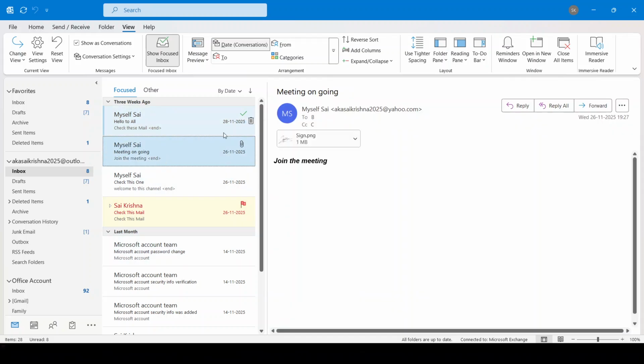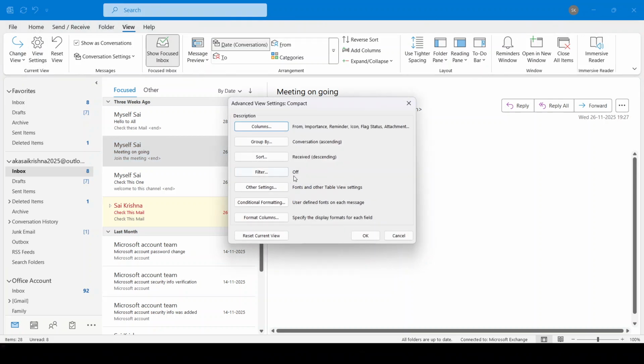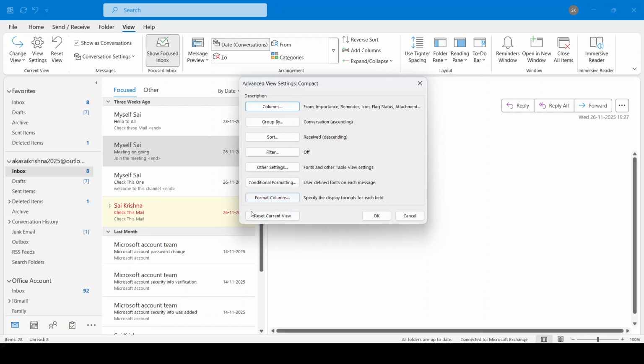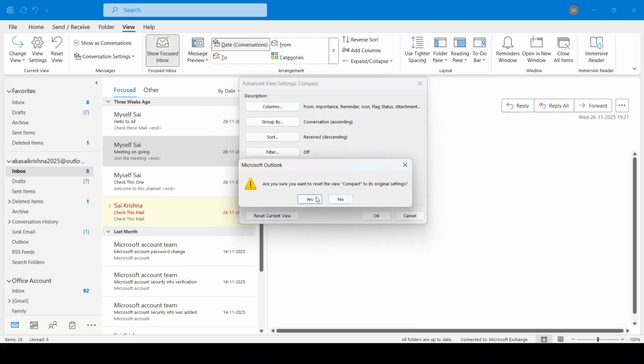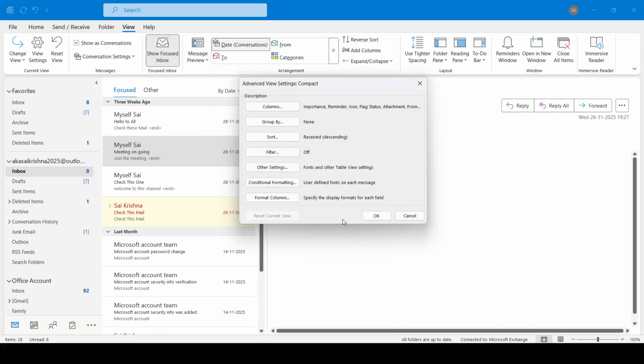If the sender name still isn't showing or your view looks unusual, the layout may be corrupted or heavily customized. To quickly restore everything to a clean default state, return to the View tab and click Reset View. Confirm the prompt. This resets the current folder's view settings back to Outlook's defaults, which often resolves stubborn display issues in one step. After the reset, repeat the earlier steps to add From and move it to the top